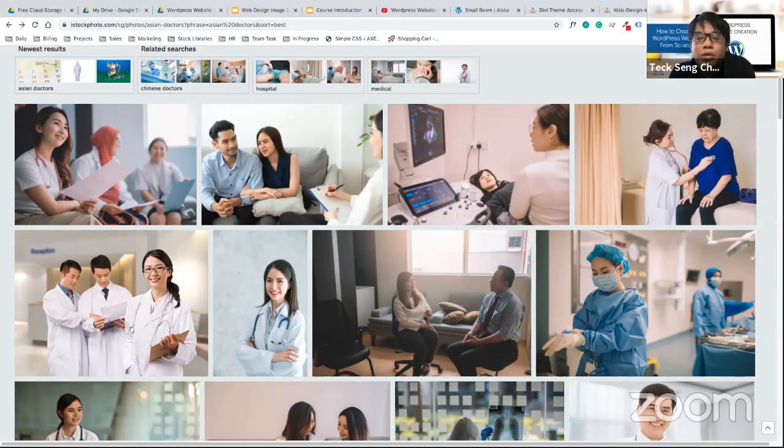But sometimes you cannot use stock photos. For example, my client doing cranes has their own branding on the crane itself, so you cannot use stock photos. But of course, if you want to use your own photo, make sure it's nicely presented, because a very low resolution photo gives the user a very bad impression of the whole website. That is the time whereby they will bounce out from the website. Okay, Kelvin, hope I can clarify this with you.